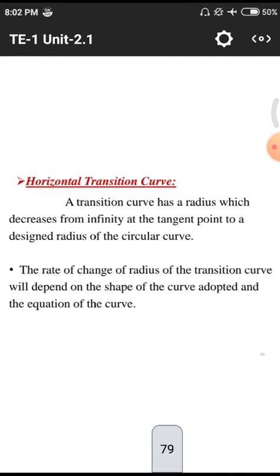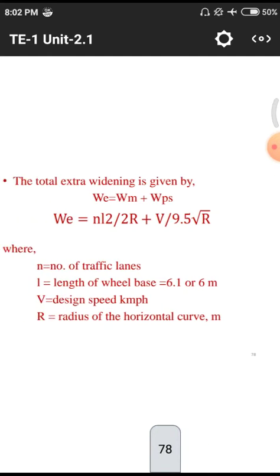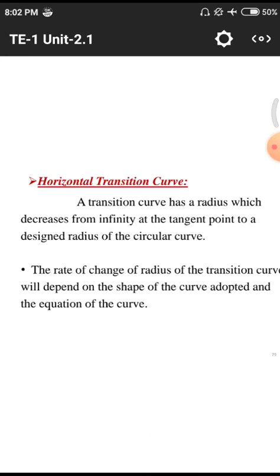After that, we have to discuss the next topic. That was the previous topic. Today we will discuss the horizontal transition curve. While we design a particular curve, normally these curves are designed at a particular point where there is a conflict point formed due to merging of two roads. Whenever we have different roads at different points, we need to merge those two roads.